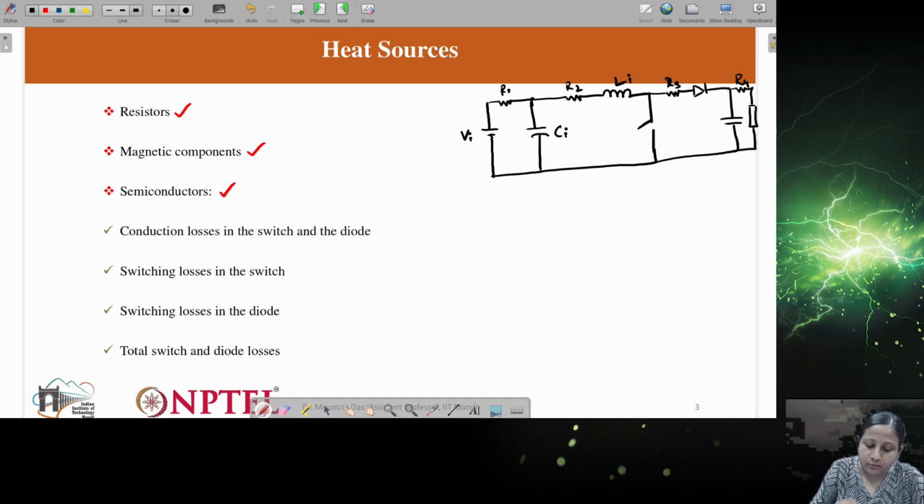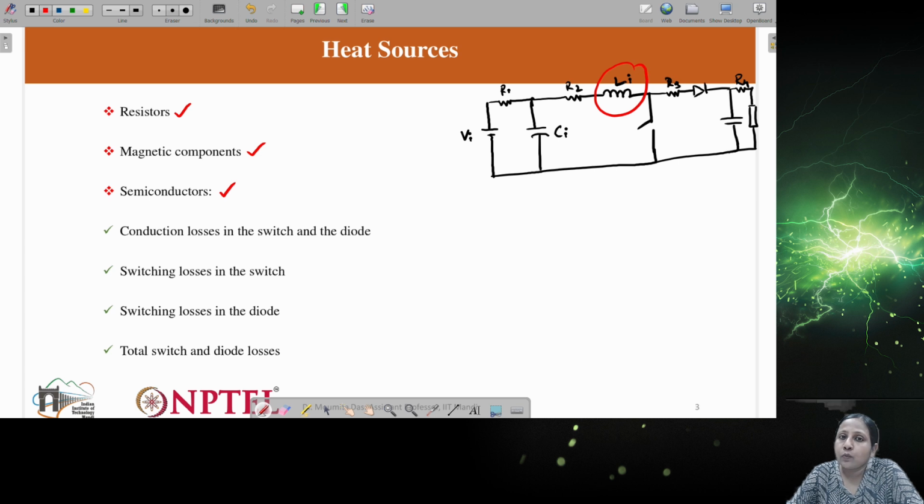Okay, so the first component is resistor, and the second component is the magnetic component. The magnetic component is not the parasitic inductance. Parasitic inductance is different. The magnetic component is the inductance of the transformer which is present in the converter. Okay, the main inductor or the main transformer. Now, when I say main inductor and main transformer, ideally we consider they are operating absolutely fine.